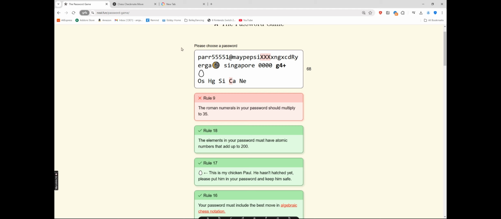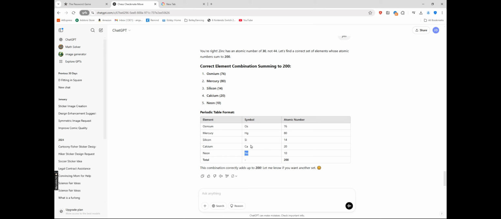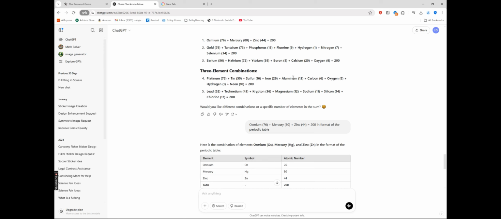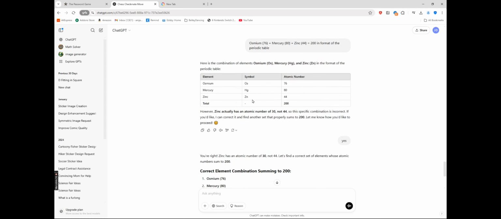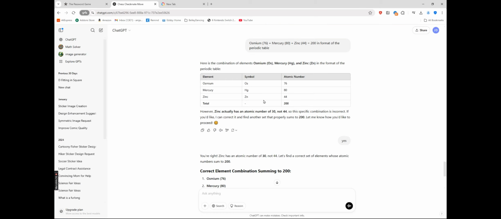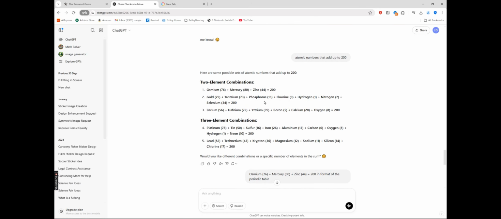So I feel like we should just, so right now we're using Ca for calcium, which is 20. So let's see if there's any other ones for 20. So neon is 10. So what if we just did neon again? So let's just copy neon. Control C. Control V. Remove the Ca. They do add up. Technically they add up. But I guess they don't accept 2 of the same one. So we could do